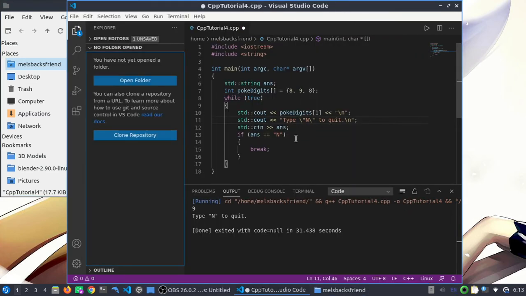So you see, basically, if a person types in N, it will break out of this loop, because break basically says break out of the loop. There's another thing it can mean too, that I'll get into when I talk about switch statements, or as I